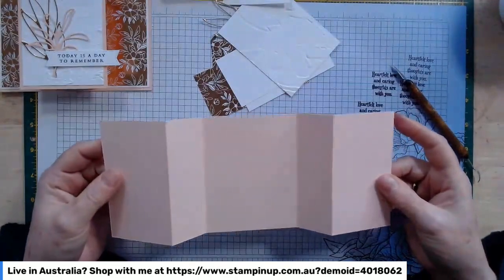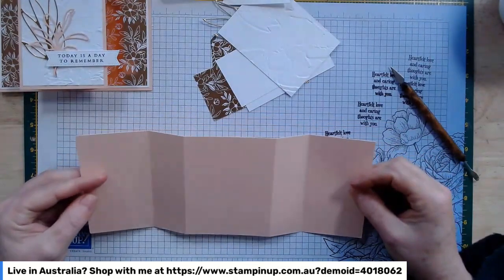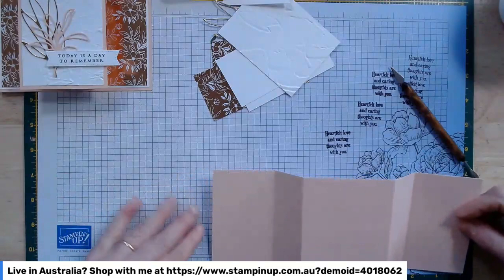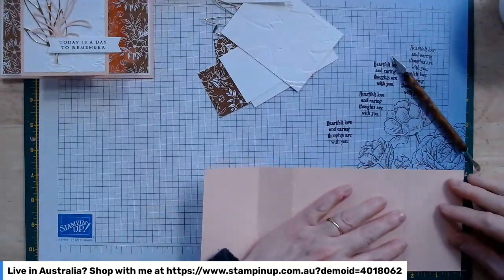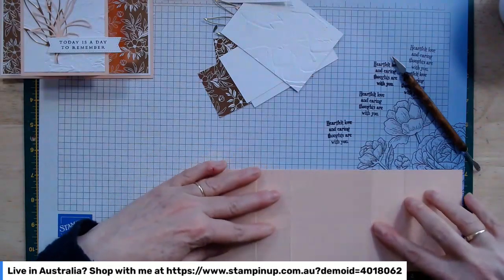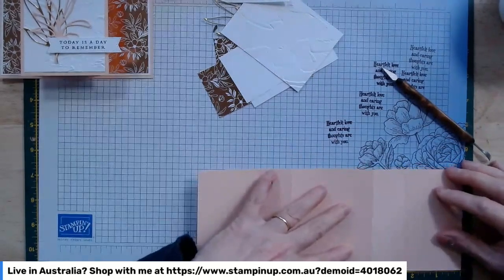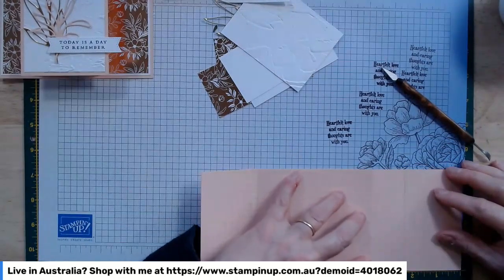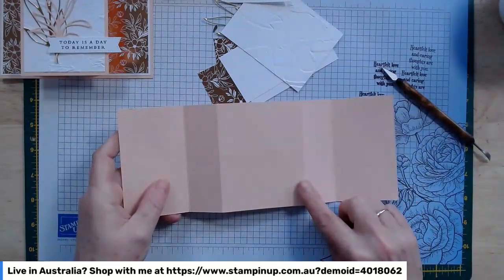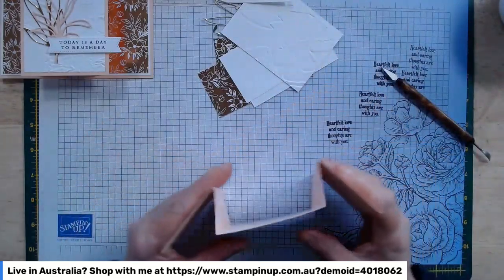So this card base is petal pink in colour. Now I'm not going to be able to remember the measurements. But anyway, as usual, I'll pop these up on my website so you'll be able to see them. It's actually 10 3/4 long by 4 1/8 high, and it's scored 2 3/8 and 3 3/4 from each end. So 2 3/8, 3 3/4, flip it round, 2 3/8, 3 3/4, and then when it's